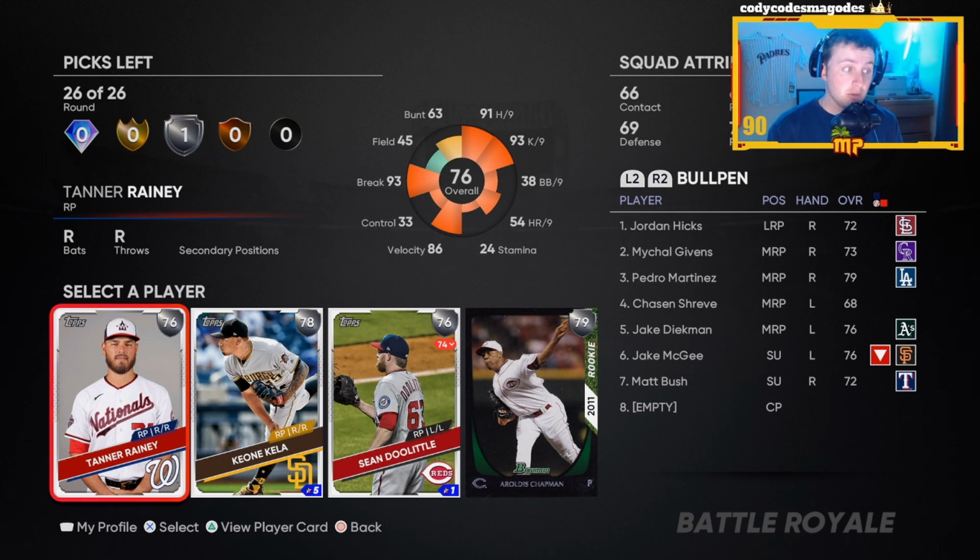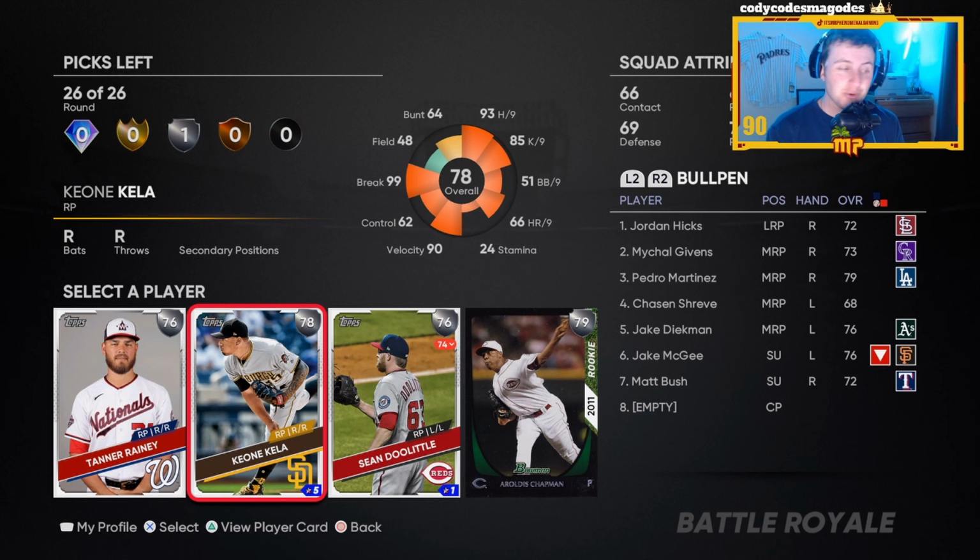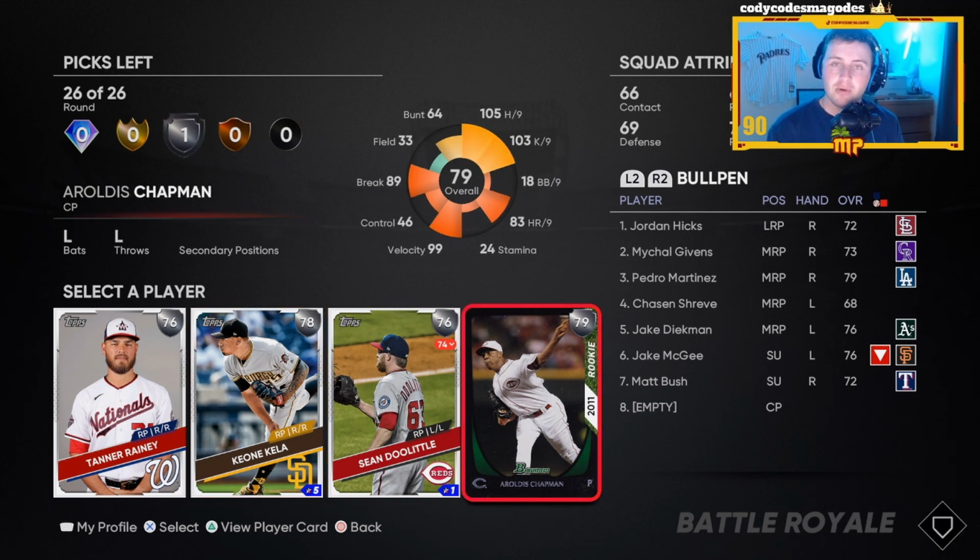And he's got good break. Keone Kela also throws hard, also has good break. But we have our boy Chapman over here. Now, normally I don't have 4 lefties in my bullpen, but considering the righties we do have, Jordan Hicks, who